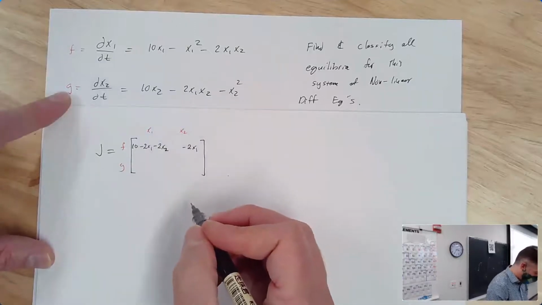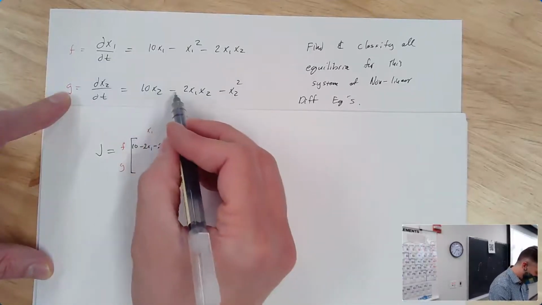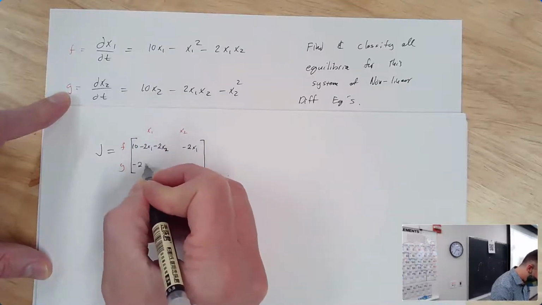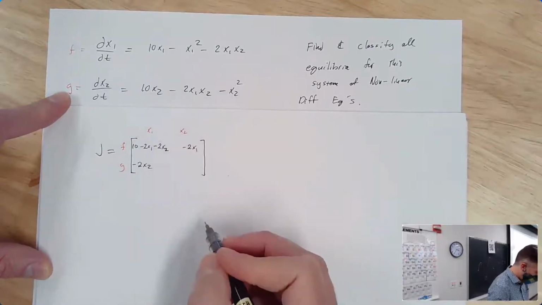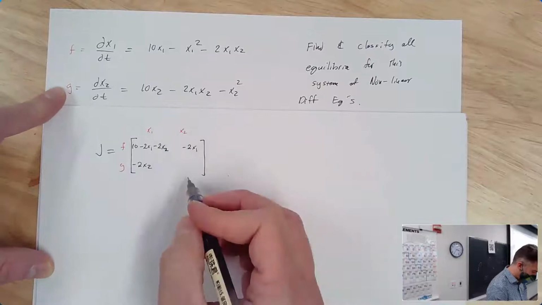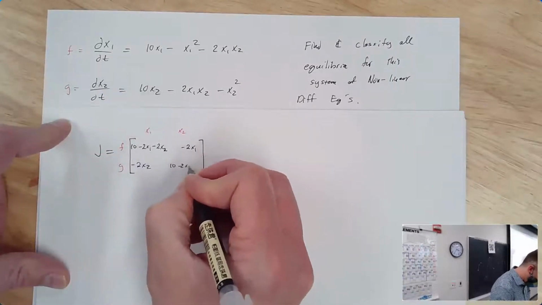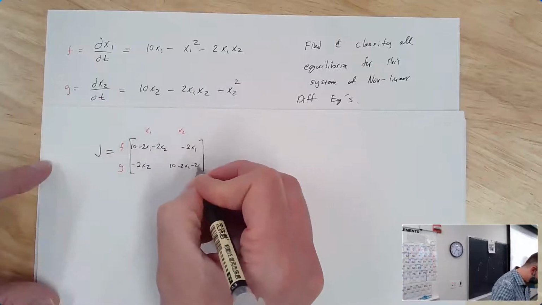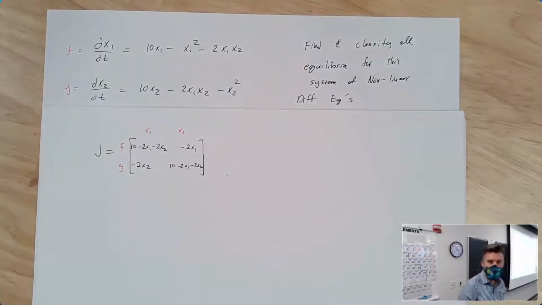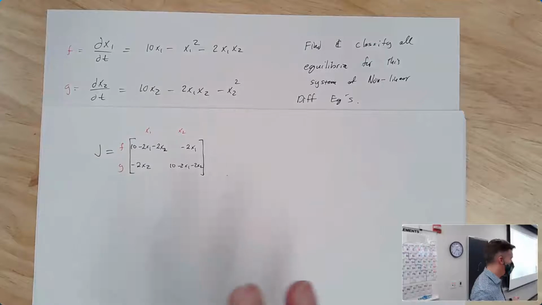The derivative of g with respect to x1 is going to be 0 minus 2x2 minus 0. And the derivative of g with respect to x2 is going to be 10 minus 2x1 minus 2x2. Something to be aware of with this problem, if you happen to notice, you might make your life a